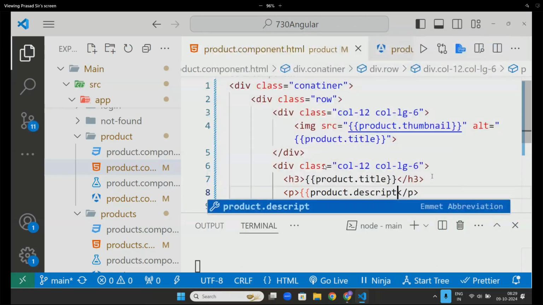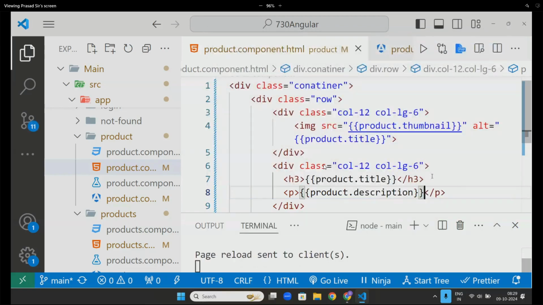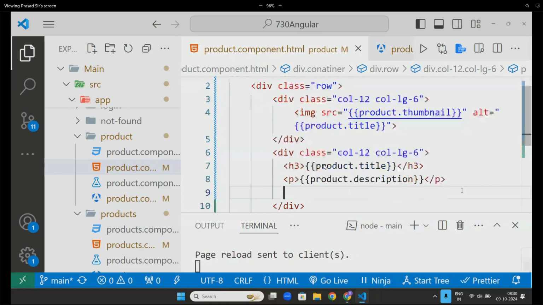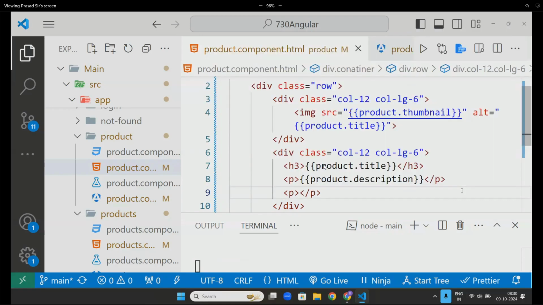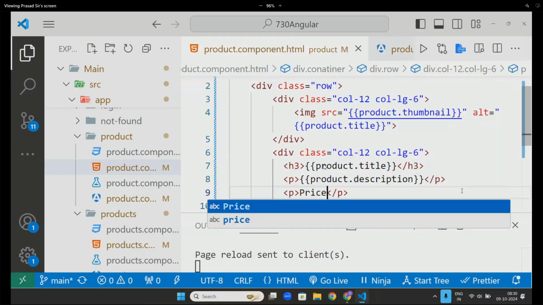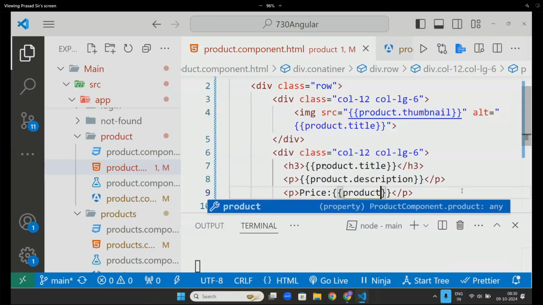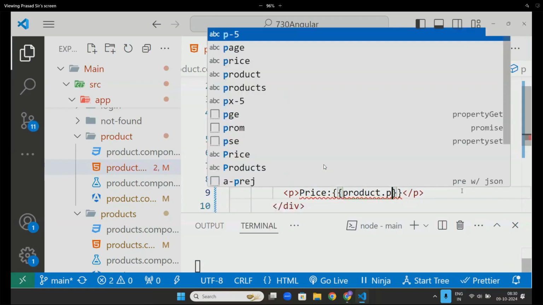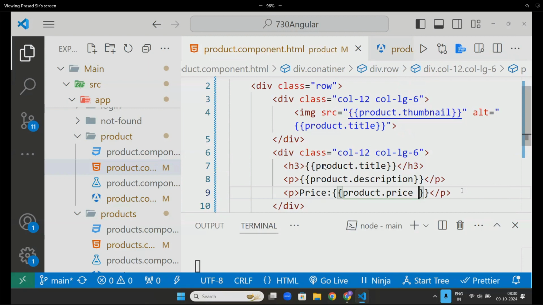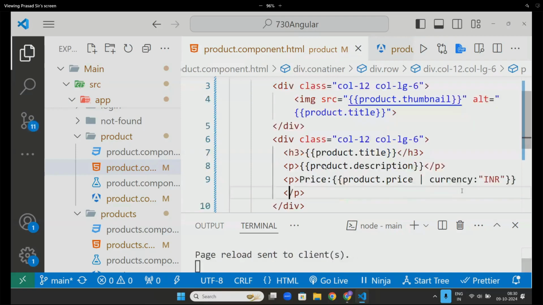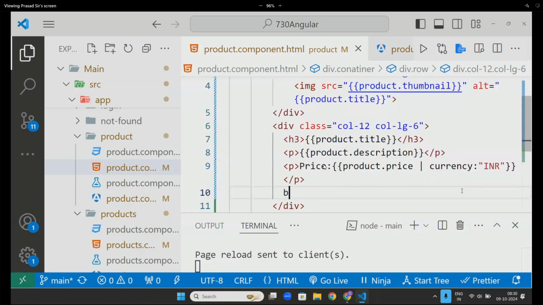The description is also already there inside the API. Next, P, price, product dot price, but I will use something called currency so that I get it in INR. And I will put one more button, which is the add to cart button.